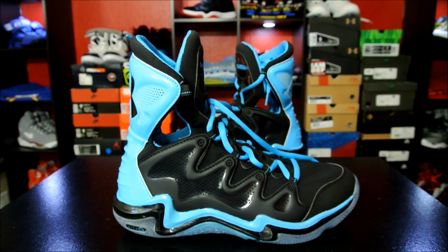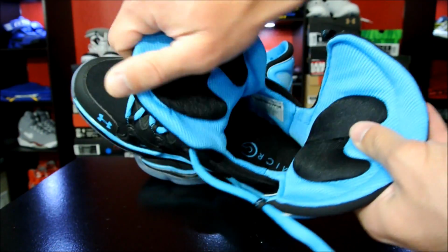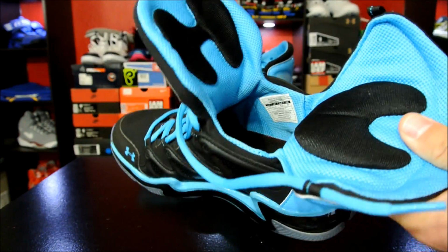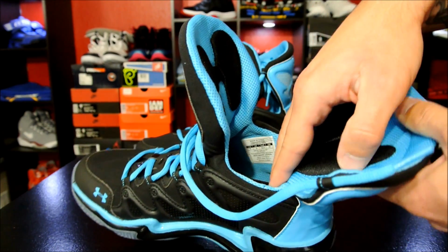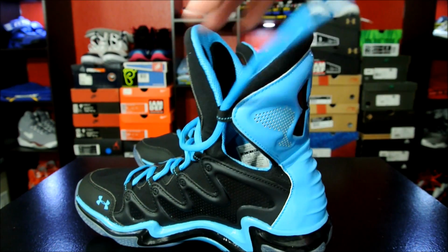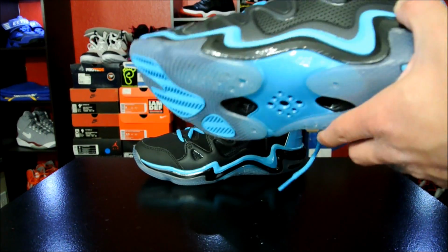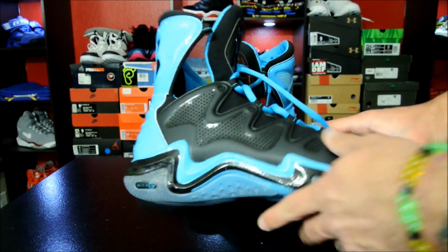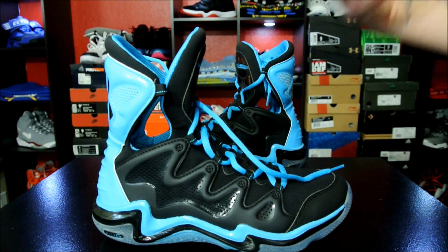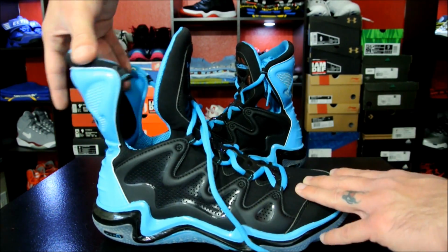Second off, they're a pain in the ass to get on your feet, and they're even worse to get off. This material right here, this whole area, does not stretch. So it just doesn't. Getting your foot in there is just a pain. Trying to get your foot out of there is even more work. So that'll be real fun when your feet are all sweaty and all that stuff, and they're just sticking to the inner walls. So we'll see how that goes. One thing that is apparent with the fit is that they are very, very form-fitting, very nice, feels very good. The lockdown felt great, especially in the heel, but it had nothing to do with any of this right here